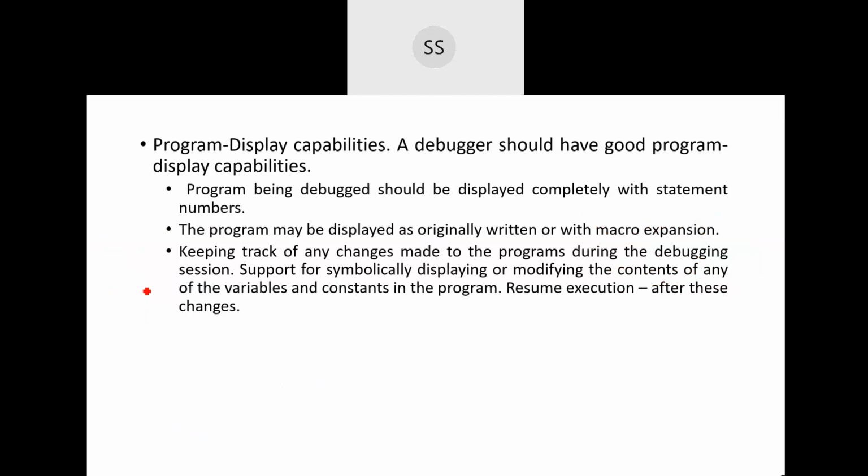Next is the program display capabilities. When you have a debugger, it should have good program display capabilities. Now, when you talk about good display capabilities, the program being debugged should be displayed completely with statement numbers. If you see most of these, you have your statement numbers 1, 2, 3, and whenever you have